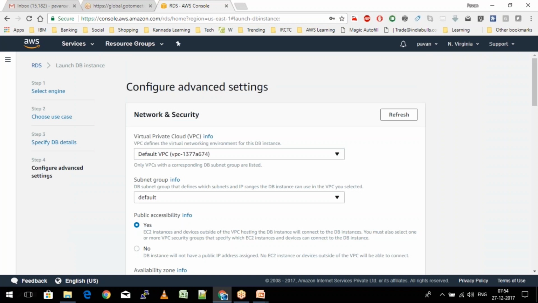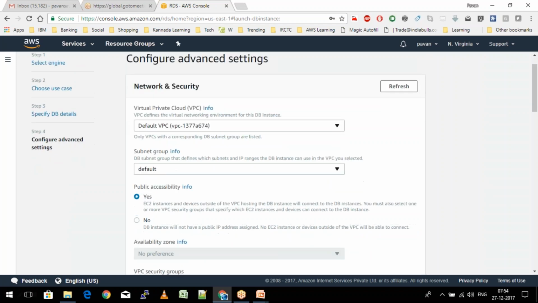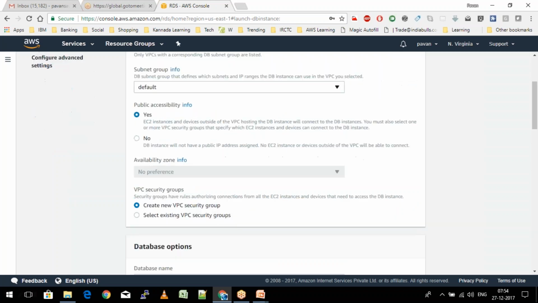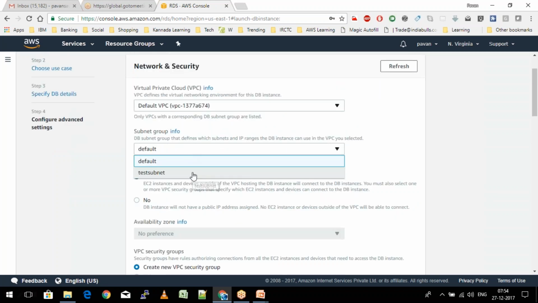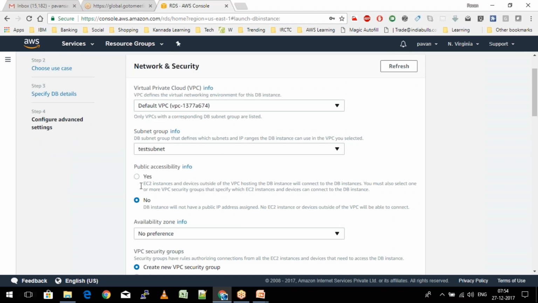Here, if you see the first portion where we see the network and security, you're also able to see something called subnet. So here we can actually go ahead and select the test subnet. When I select the test subnet, automatically it is going to deploy it in 2 different availability zones, and I have selected which availability zones it should be. It should be only 1E and 1F. So those are the two availability zones in which I would like to have this database to be a part of, right? So the subnet groups actually help you with a choice of your own availability zones in which you want to keep it.